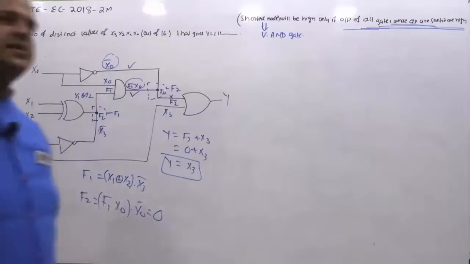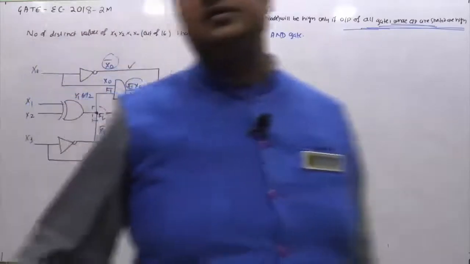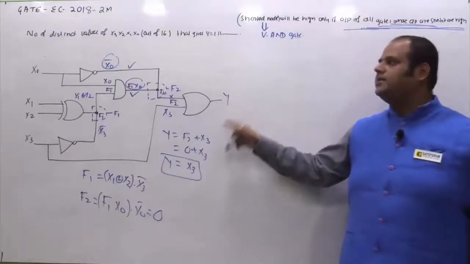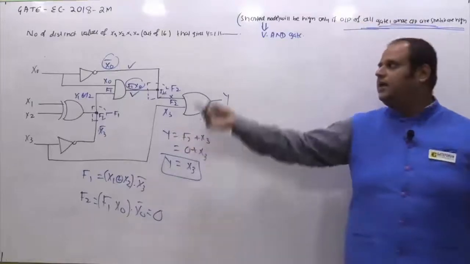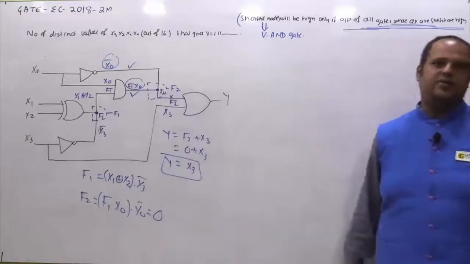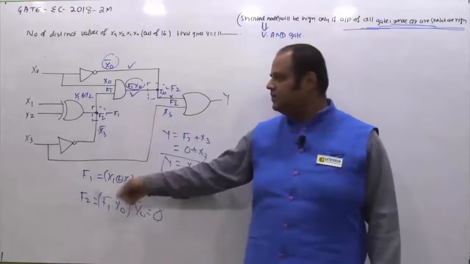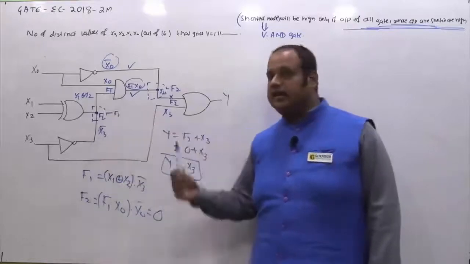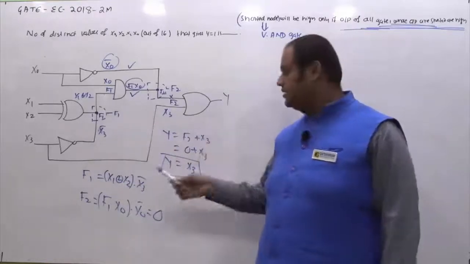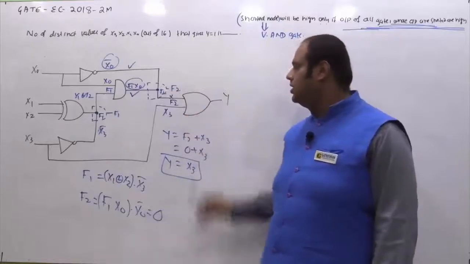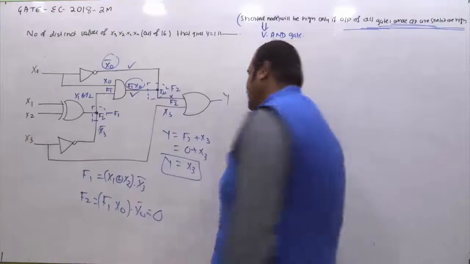That's the way we deal with such kinds of questions. If such questions are framed, we first obtain how this Y is related to the inputs. By considering all these shorted nodes, whatever information is given, we first obtain the expressions of these shorted nodes, and then we get this Y. So this Y is coming as X3. So this Y is not a function of X0, X1, X2. This Y is a function of X3 only.